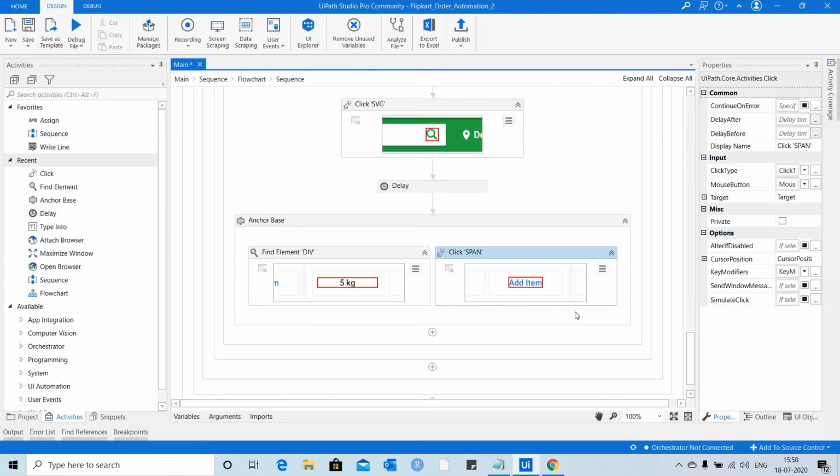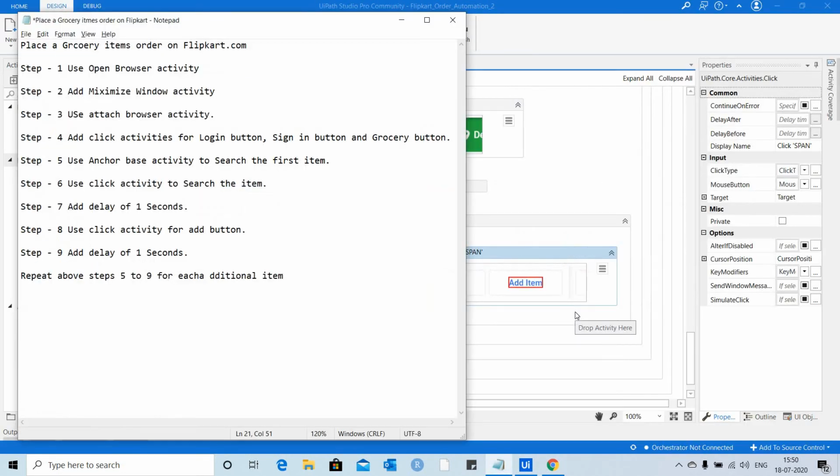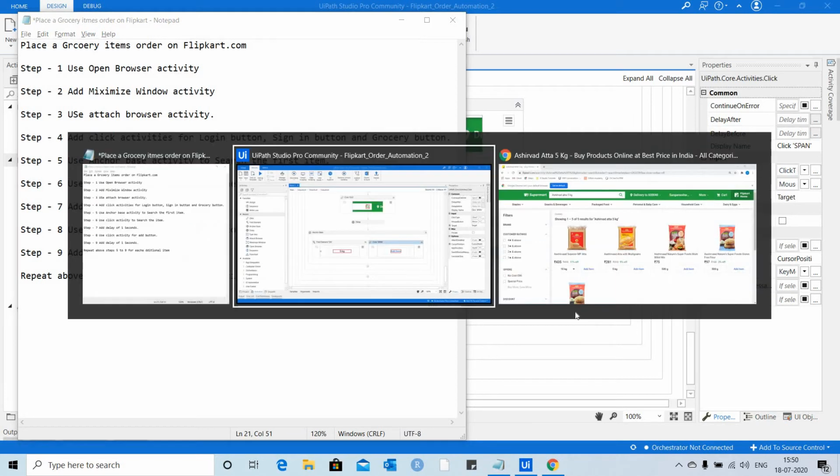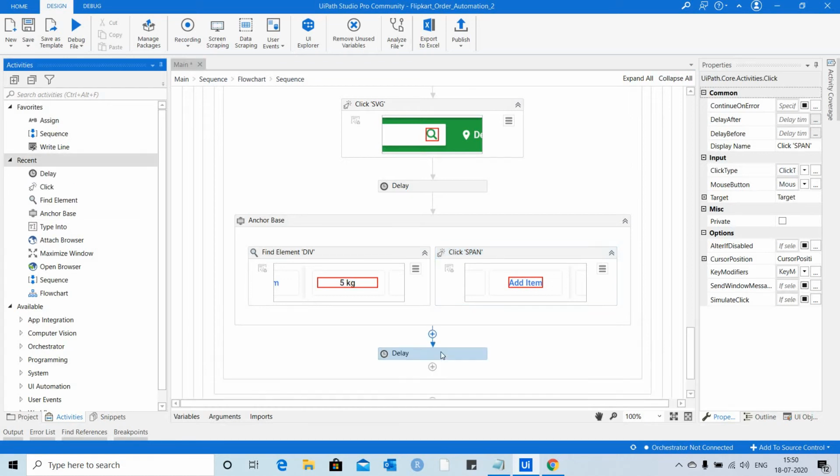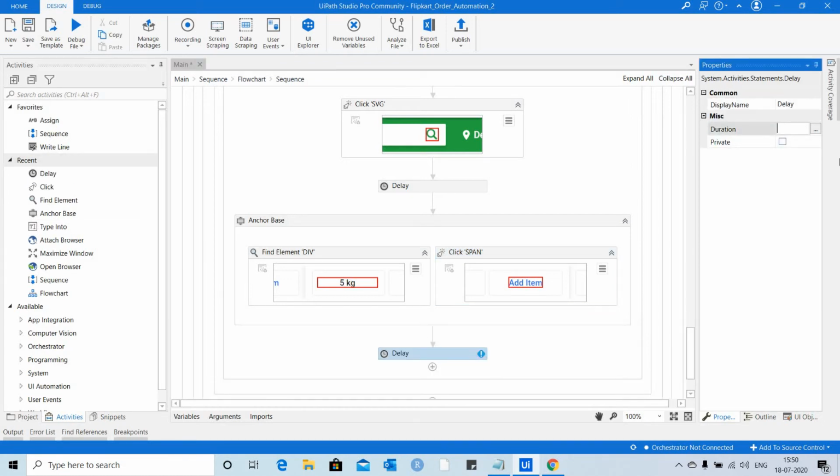So let me go back to Notepad. Once I am done with this, I am going to add a delay of 1 second. So in the delay I am going to use a time of 1 second.